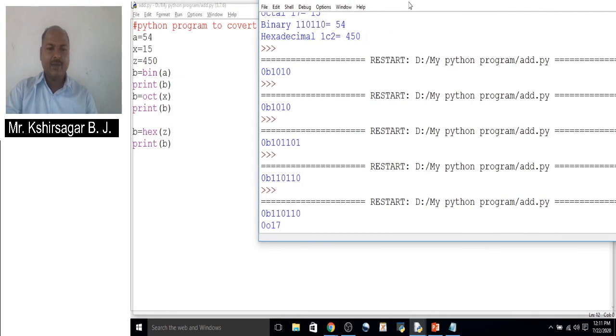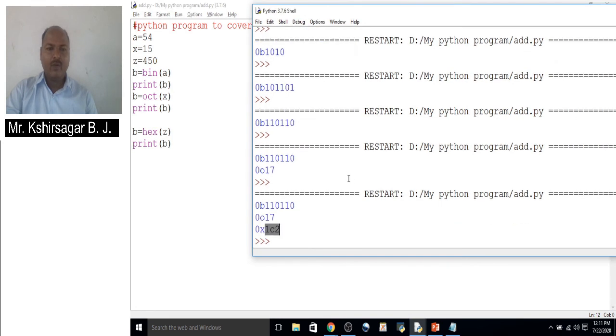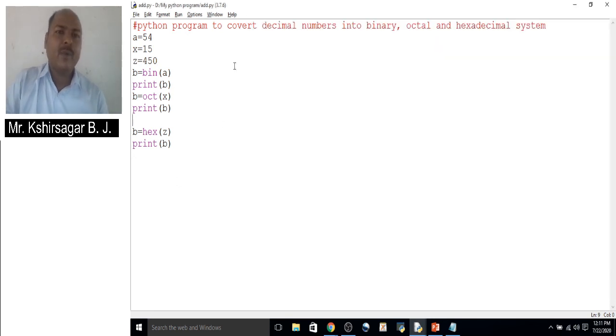This is a hexadecimal number, and we have converted 450 into hexadecimal. So this is the way of converting decimal numbers into binary, octal and hexadecimal numbers. Okay, today we stop here.